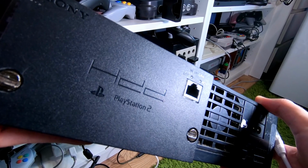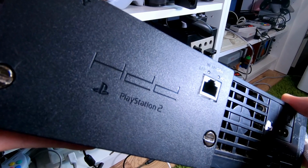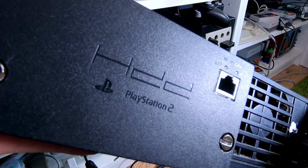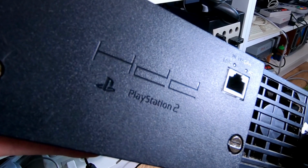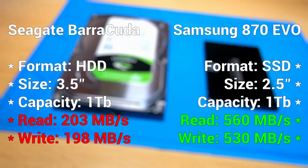Now, however true that may be for SSDs just in general, the argument is that the PS2 is bottlenecked by the interface on its own network adapter, so it would never even exceed the transfer speeds of a regular hard drive anyway. Now, in order to do a fair test, and since both drives are the same size, I cloned